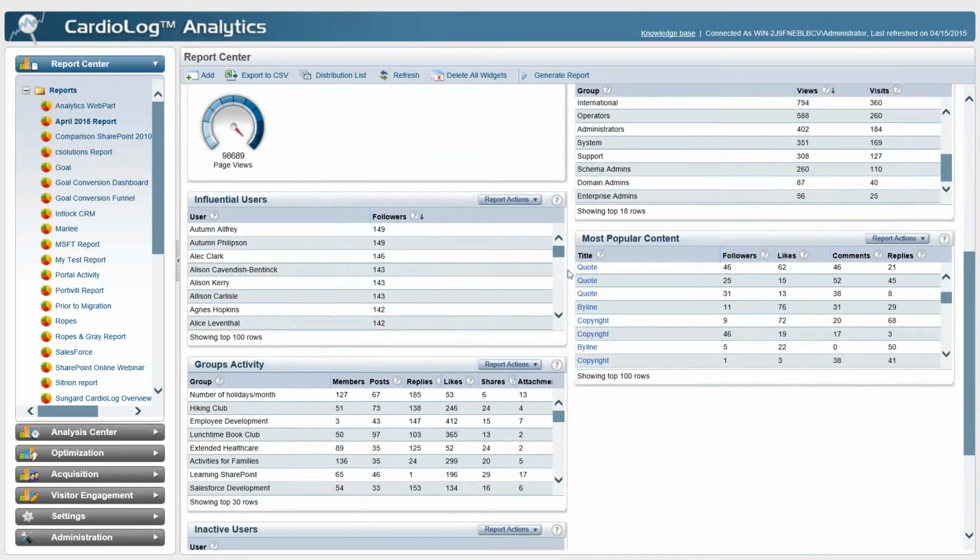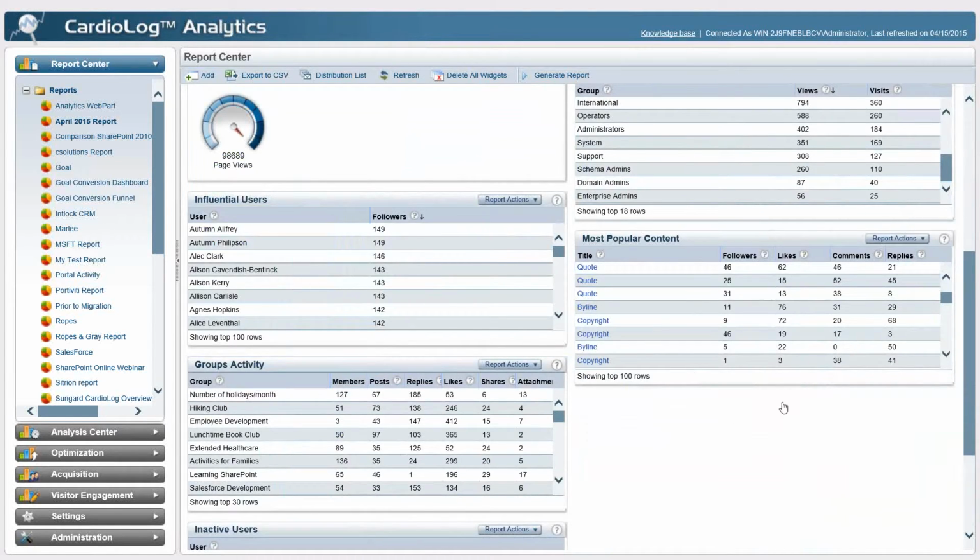Here you can see each one of our groups within Yammer, and again, see exactly how much engagement we have within those groups or communities. So how many members, posts, shares, and so forth, helping us understand which groups aren't taking advantage of the tool, which groups might need more training, and so forth.